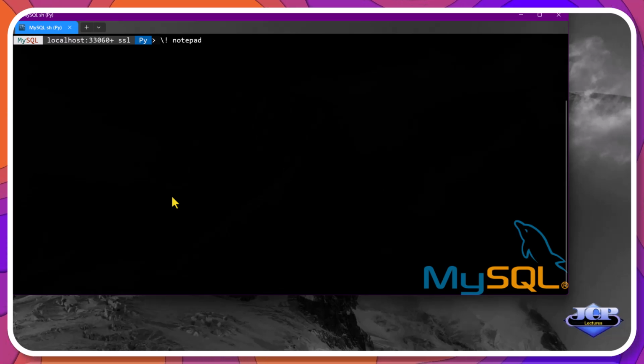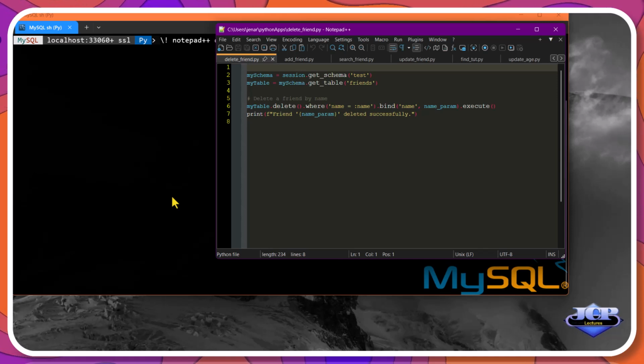The last script is delete_friend.py. That lets us delete a record in the table having a name equal to a given parameter.